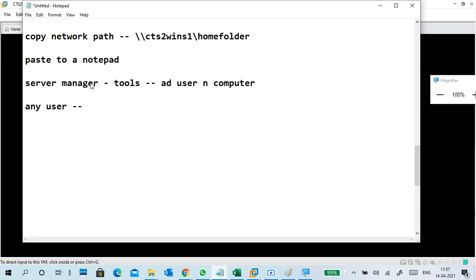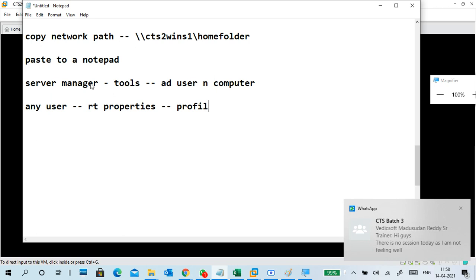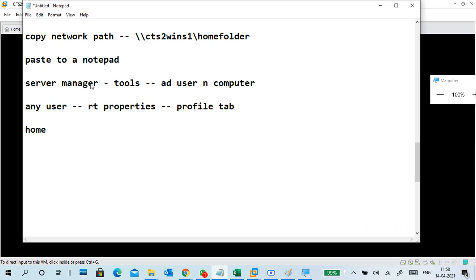Any user, same thing. Double click or right click, Properties. Go to the Profile tab, where you can see home folder related things.